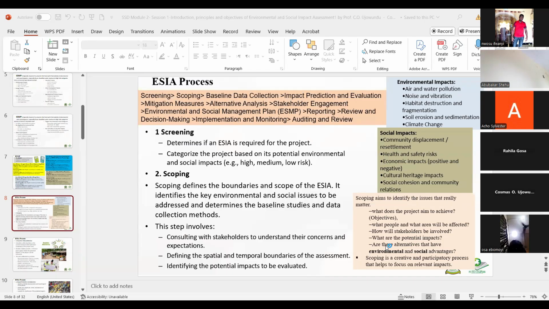Then what are those social impacts? We know we are talking about ESIA, environmental and social impact assessment. What are the social impacts? Community displacement and resettlement, health and safety risk, economic impact. Some will be positive, some will be negative. Some will gain, some will lose. Some will lose their means of livelihood. Some, their shops will be removed because of road construction,